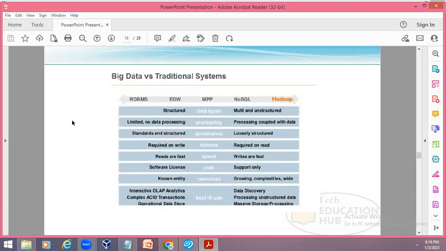Done with this slide? Yeah, can go ahead. Okay. So hope you understand what is meant by processing here. Process coupled with data. Do you understand this term? What is meant by process coupled with data? Would you like to explain this? Limited, no data processing coupled with data. If I understand correctly,